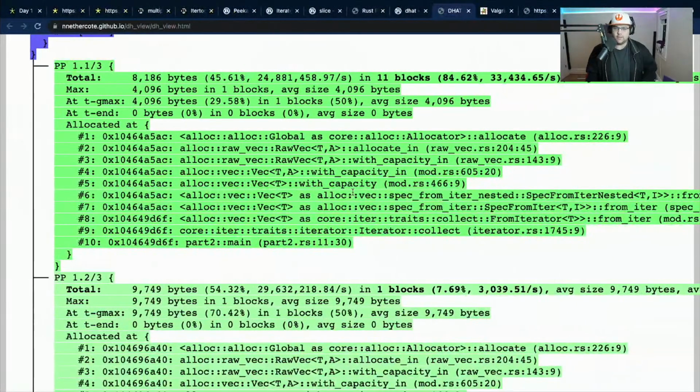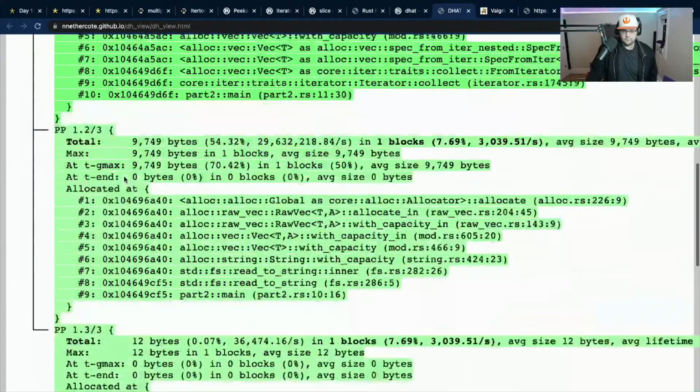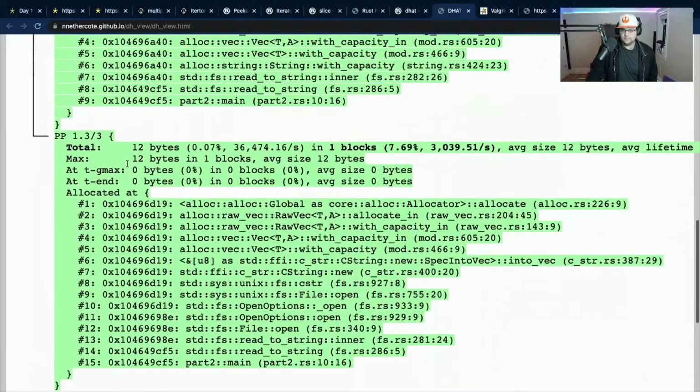If we go back and look at the... So at Gmax, we have 17, or at Gmax, we have 13, actually, in 2 blocks. This is 12 bytes.